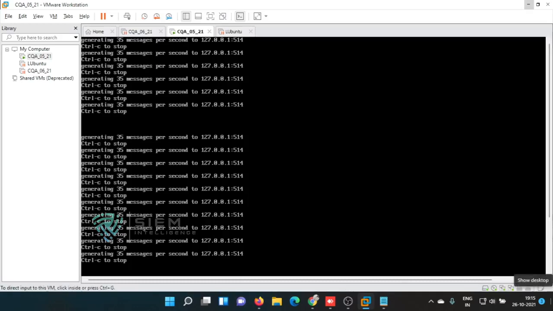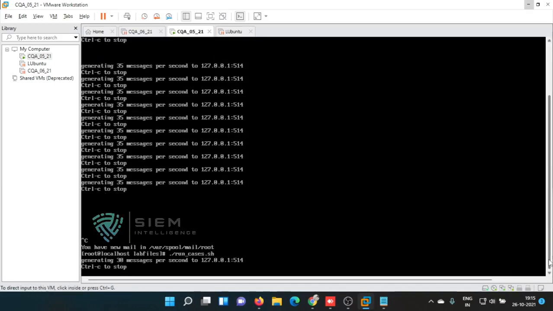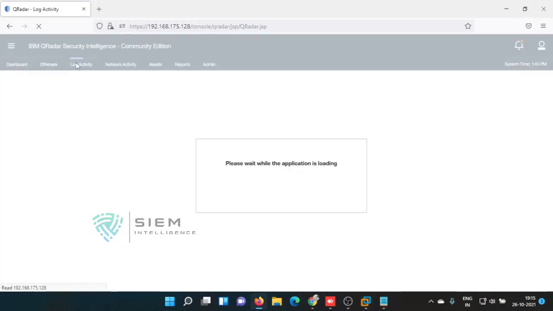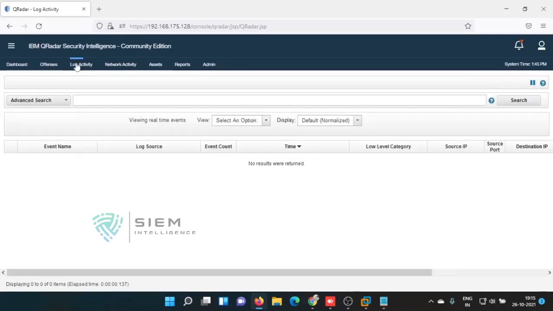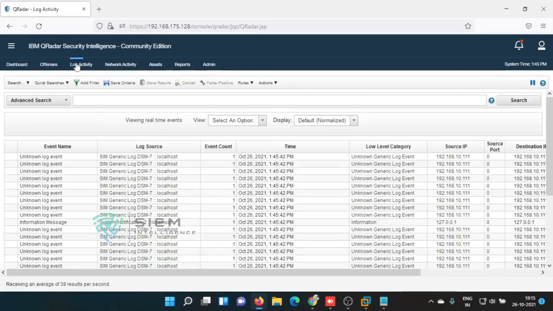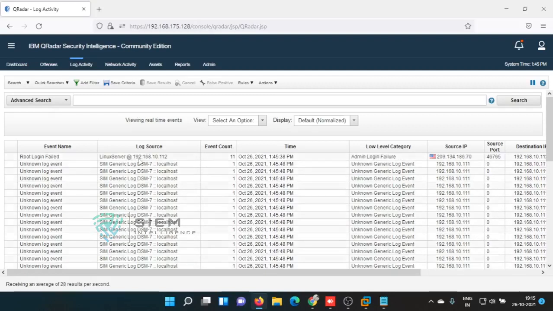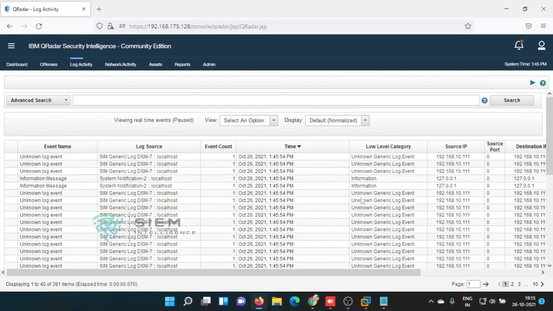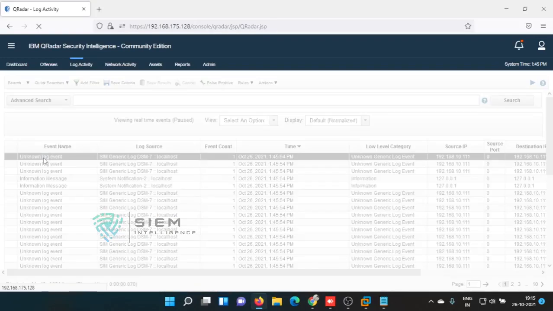Yeah, it has now started. If you go and see in our log activity, we are now getting so many logs. See, unknown logs. It is getting in as generic logs, but actually we should get some specific logs. I will take this one event and talk about what is inside it.